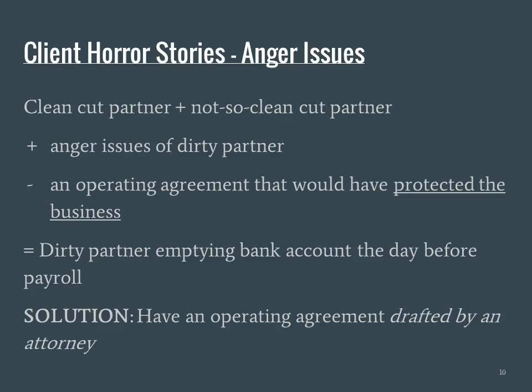So what I was looking for in the operating agreement is something that would have protected John or the business from this partner, who I can't imagine they ever put in front of customers, and who I later found out was verbally abusing several and sexually harassing several of the female employees in the company. So I never did get a hold of this operating agreement that supposedly existed, and one day the nefarious partner went to the bank and emptied out the account the day before payroll, took it out in an untraceable cashier's check, and when we called the bank to find out why they would let that money go,